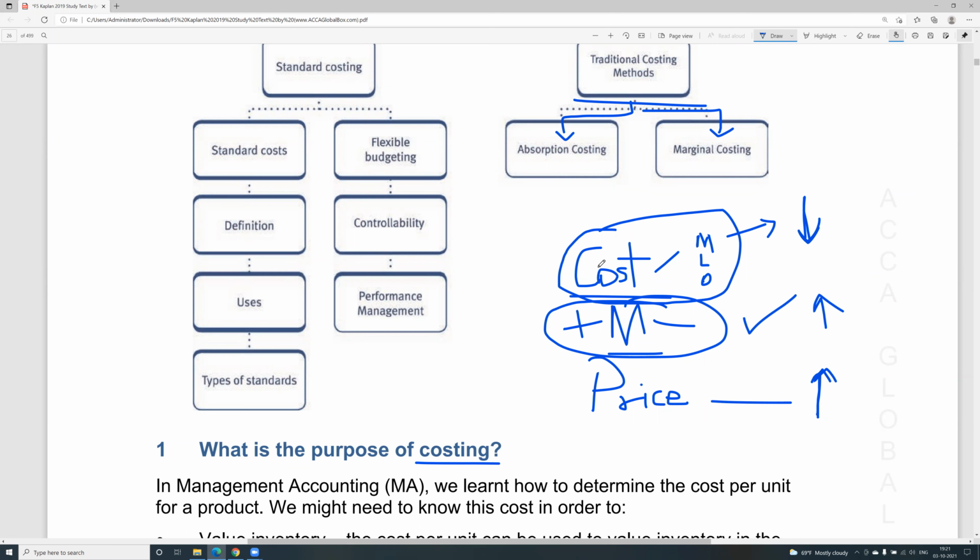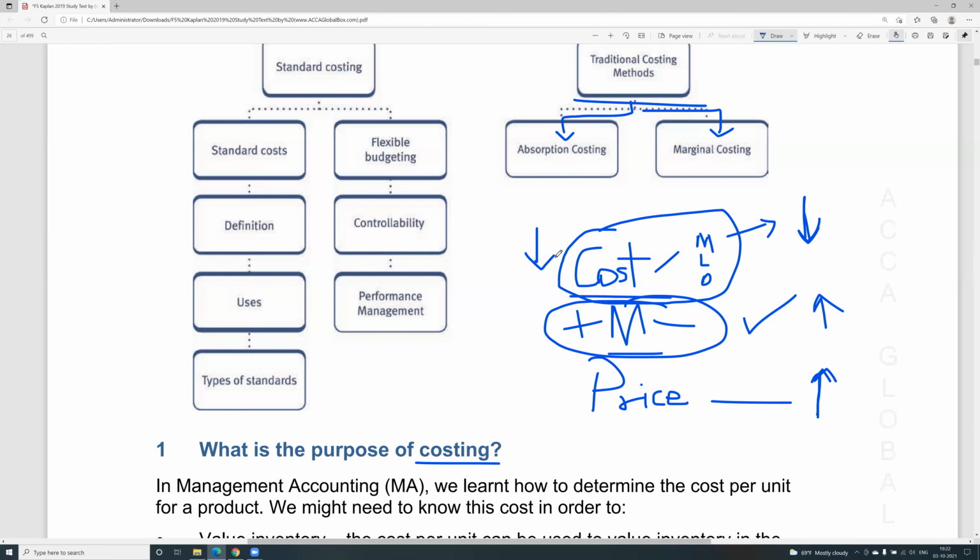Now how can we reduce the cost? We can only reduce the cost by knowing what costs are there, what costs are avoidable, what costs are unavoidable, and what the method of costing is. If we use that method of costing, what would the cost be? Shall we take the fixed cost also, or should we not take the fixed cost? These are all the things that will go through your mind while setting up the cost and then the margin and price. You may have target profits also. So there is so much in this particular subject, performance management.